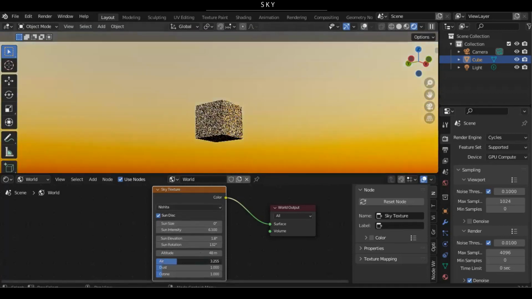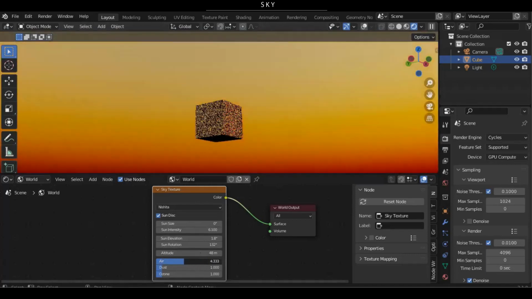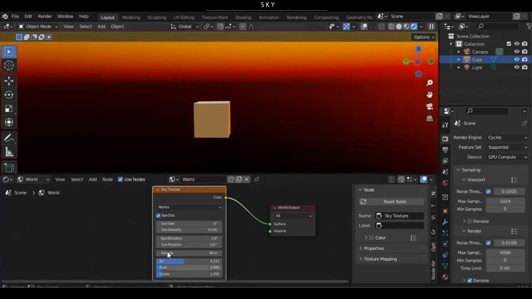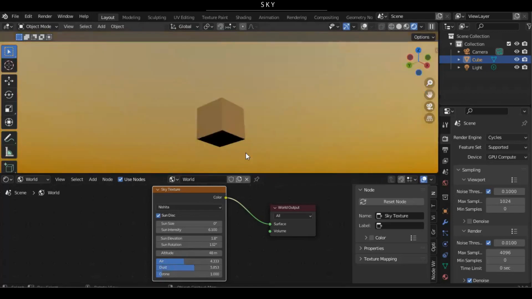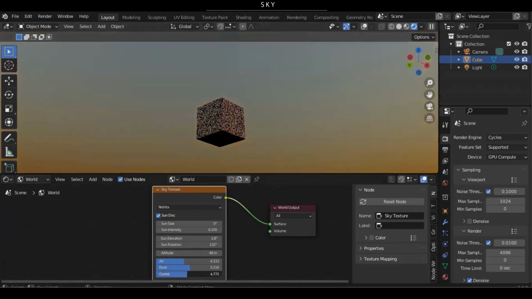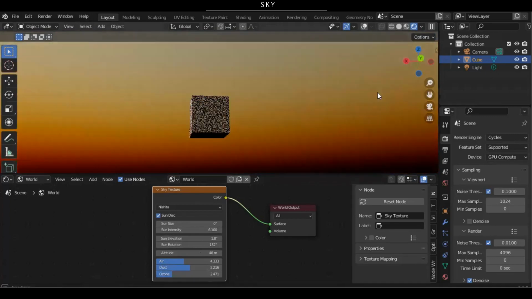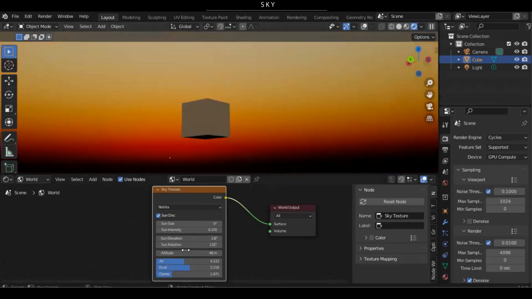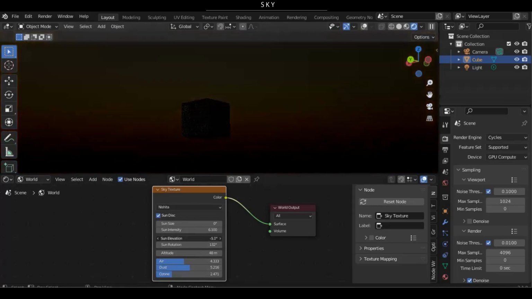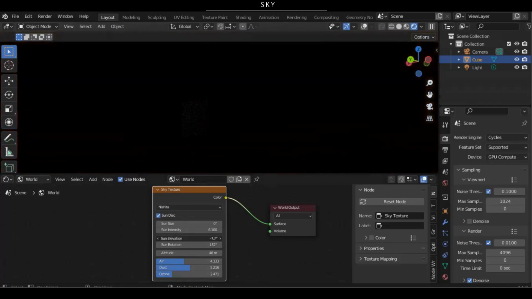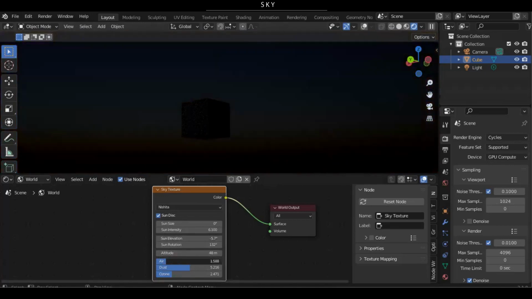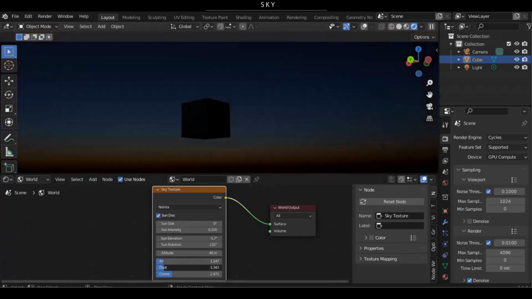What else? The air, that's going to add more atmosphere, so that's very useful to know. Dust, you should just mess with as well. Ozone, you can mess with that and you'll get some different effects. And then don't forget, if you do put the sun elevation at a negative, everything will kind of become nighttime. And if we lower this, we'll actually see some